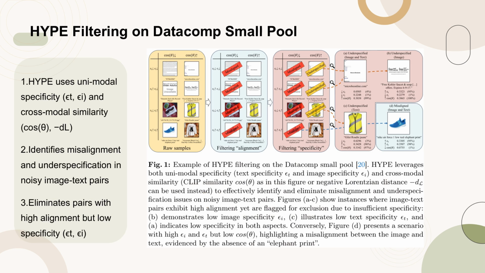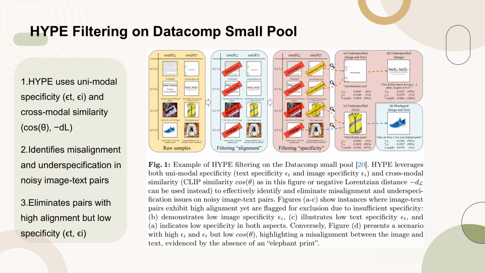HYPE employs both unimodal specificity, measured by text specificity T and image specificity I, and cross-modal similarity, which can be assessed using either the CLIP similarity cos θ, or the negative Lorentzian distance, minus d_L. This approach effectively identifies and eliminates image-text pairs that suffer from misalignment or underspecification issues, which are common in noisy